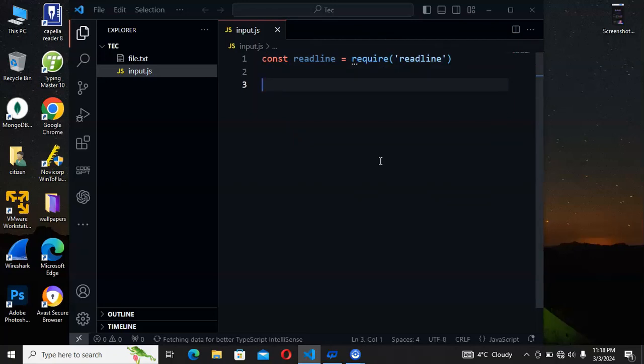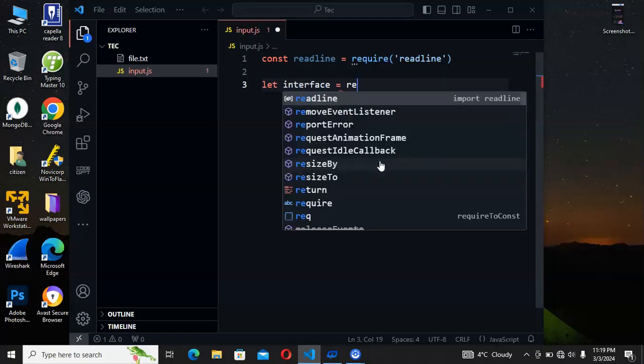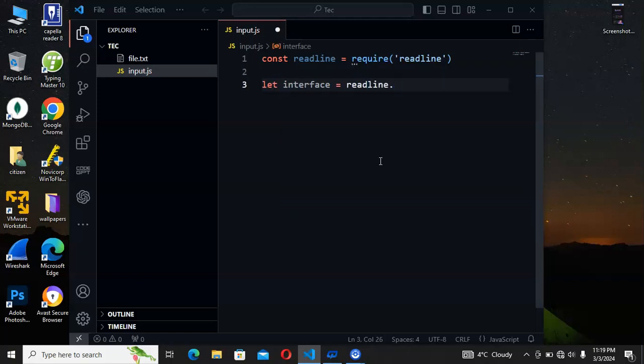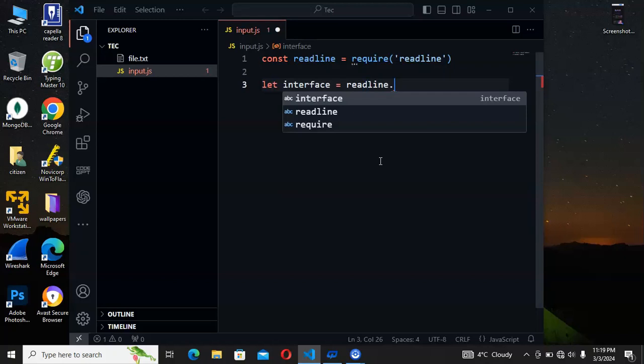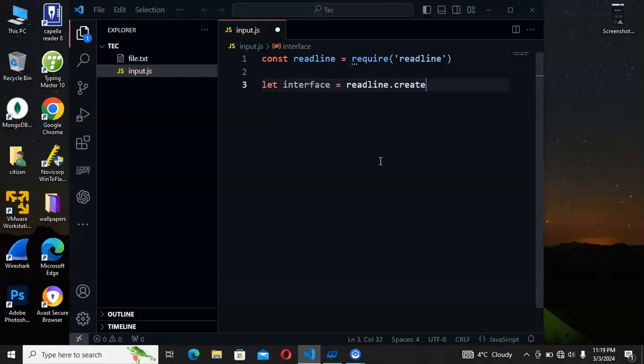Now the first thing is that we have to create an interface here. An interface is like the connection between you and the computer, and you also have to tell this interface where to take input and where to pass the output. So I'll be making an interface. The interface is a built-in function of the readline module, so you can use it to create a simple interface here. So readline dot create